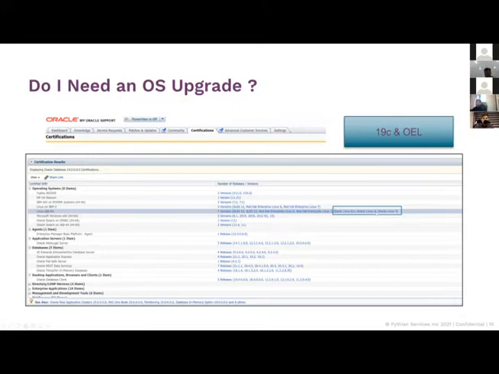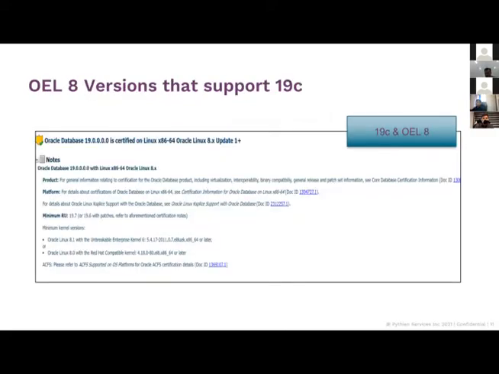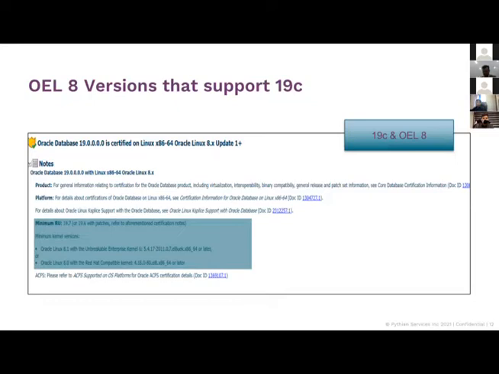Now, if you open this up, our interest was OEL. So, these are the interesting links I have. If you open this up, you see this entire node where it then delves deeper into what exactly would be the minor version of the database. So the database has a major version and a minor version. For example, in this particular combination, it tells us that you can only be on 19.7. That's the minimum RU you can be on. And there's a minimal kernel version that you can be on, right?